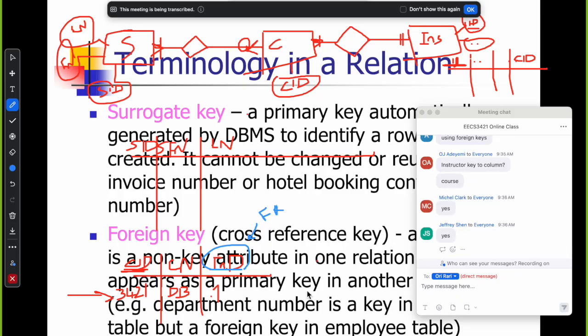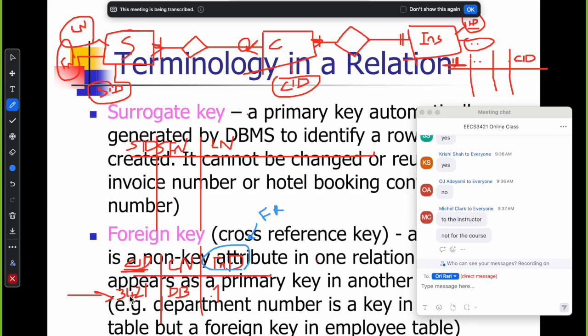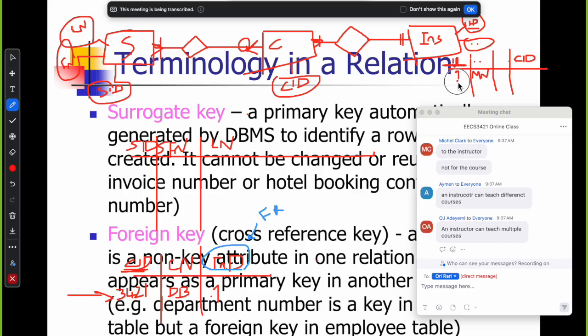So, okay, that is wrong. That is not correct. Instructor ID, the foreign key, should not be unique. Why? Let's say in the course table we have course 3421 and the instructor is Mona with instructor ID 1. Let's say instructor ID 1 is Mona, instructor ID 2 is Alex, instructor ID 3 is Godfrey,